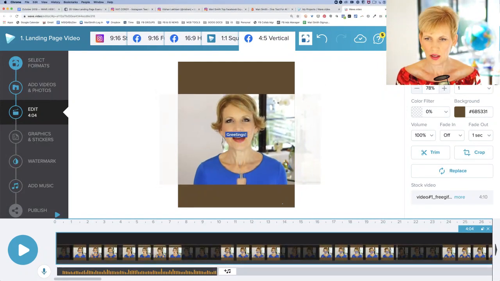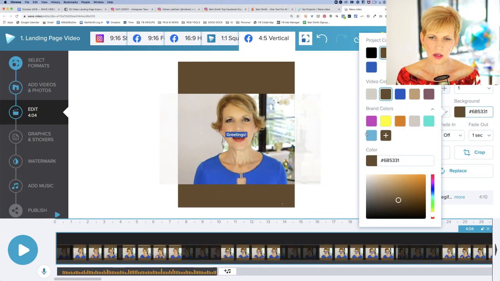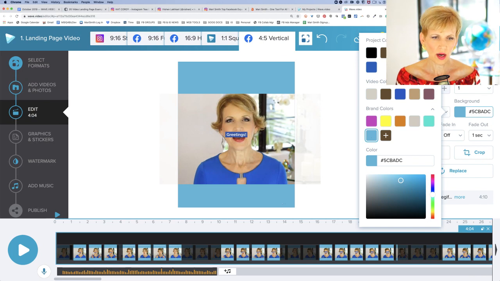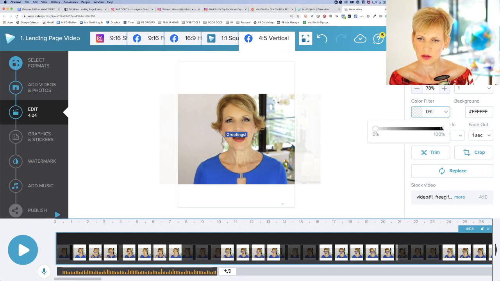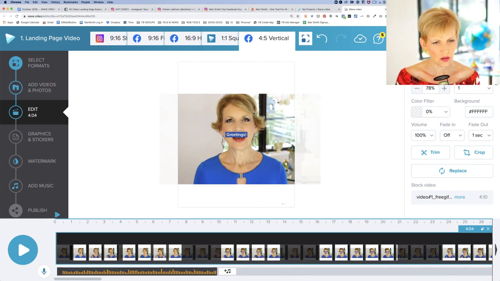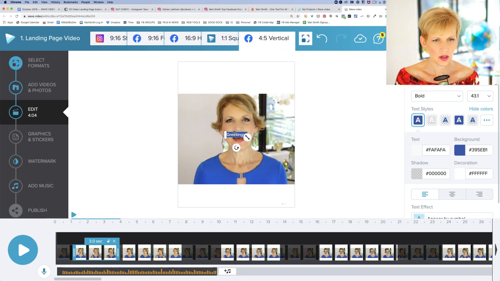You can see here, I can change the background color. I could just make it white. And then actually I probably would do a background color. I usually like to have a background color because it just makes it better. Color filter. Oopsies, no, not the filter mark. Come on, what's happening with my little color picker? It's just acting up. No, and I can move this text around, I can resize it, I can change it